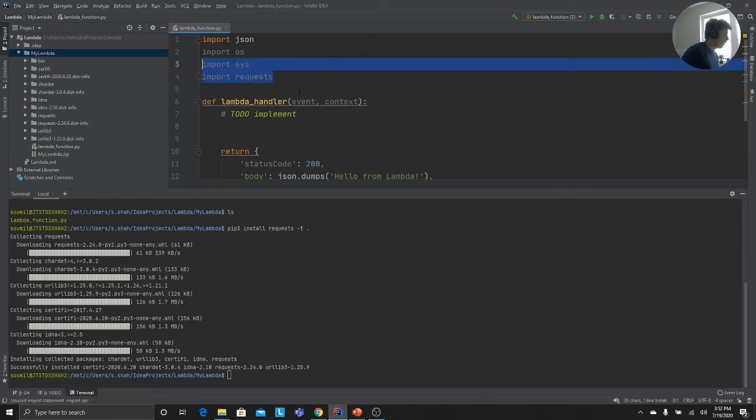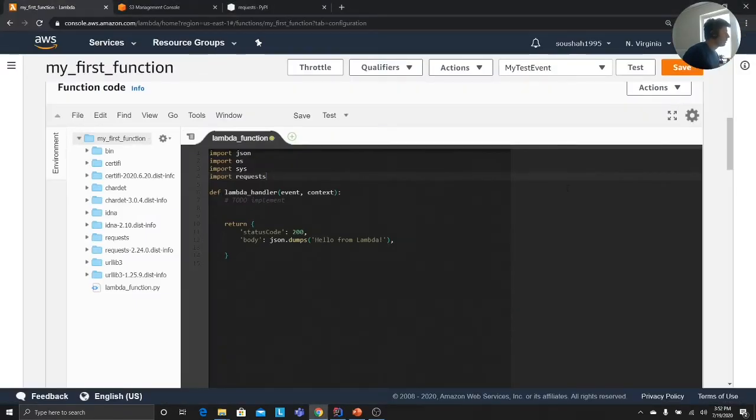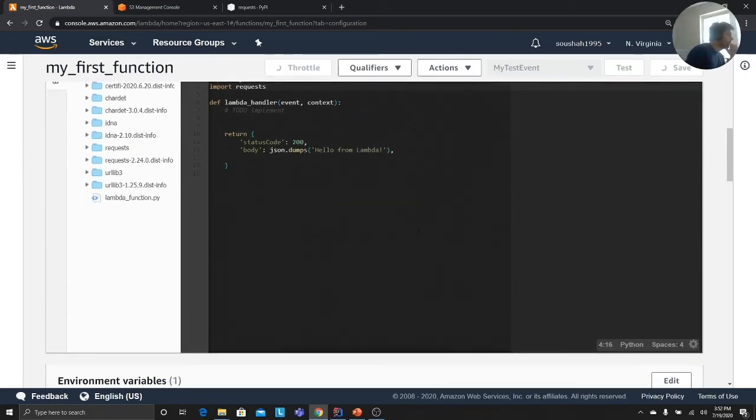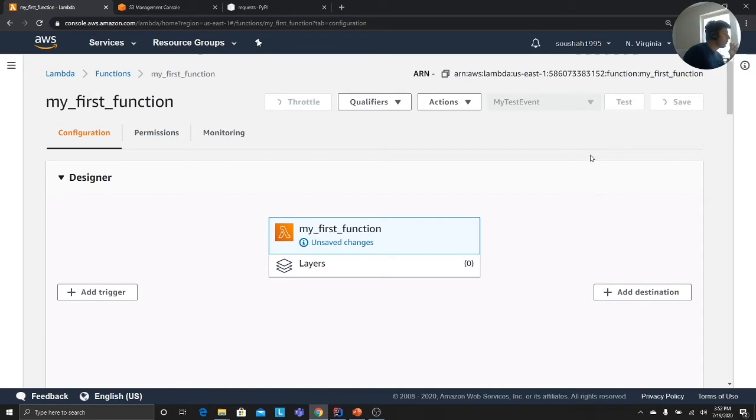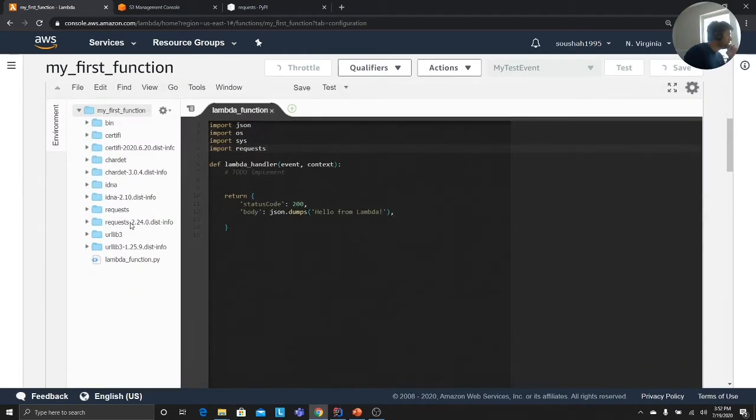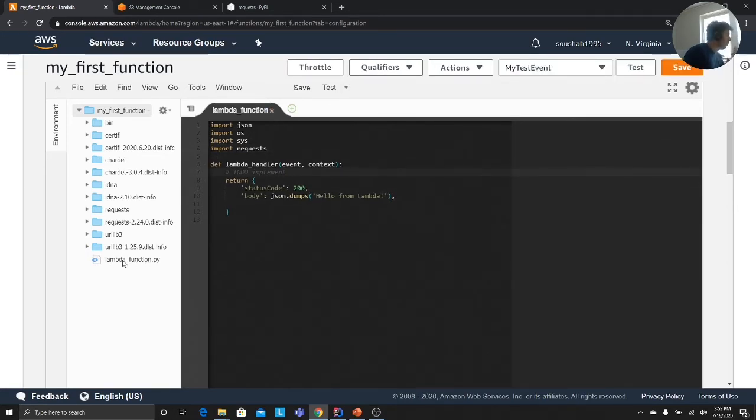Request. Okay, so now if I save it, I want to save the function. Okay, and it's going to be saved. And then if you run it, since the request module is installed locally in your Lambda function, it will run. Now one important thing that I want to say, the name that you see, there is a way you would name the Lambda function. So you would say the file name and then the function that you want to trigger.